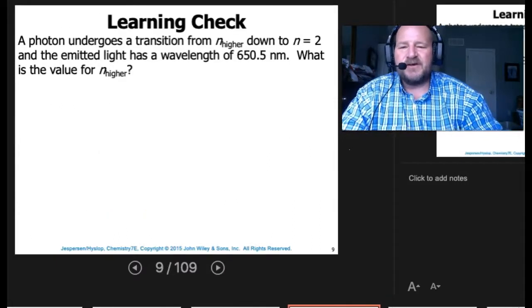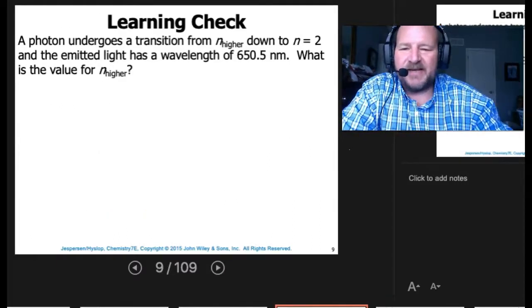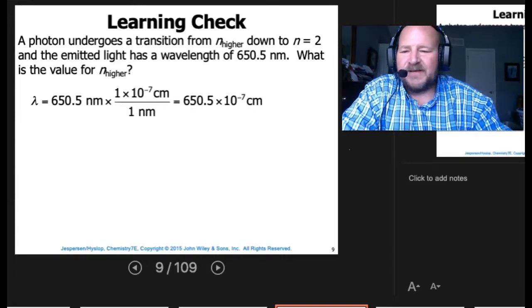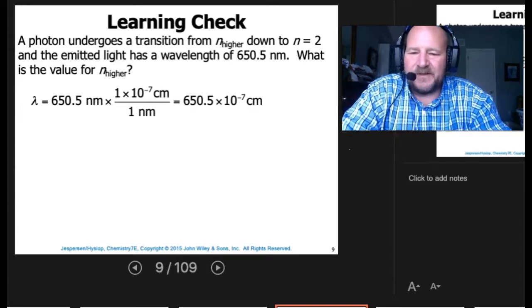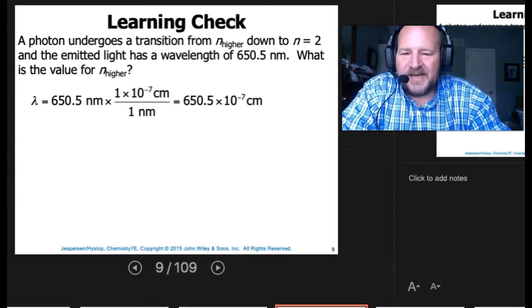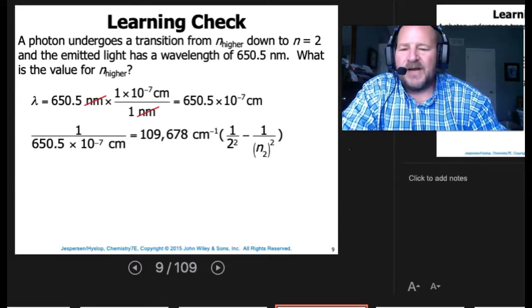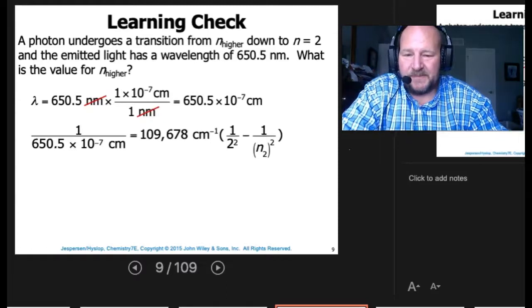All right, so a photon undergoes a transition from n higher down to n equals 2, and the emitted light has a wavelength of 650.5 nanometers. What is the value for n higher? So we're going to take lambda equal to 650.5 nanometers times 1 times 10 to the negative 7 over 1 nanometer, so that we get into centimeters. That's going to equal 650.5 times 10 to the negative 7 centimeters. Nanometers will cancel out. Now we're going to take 1 over that in centimeters, which is going to be equal to